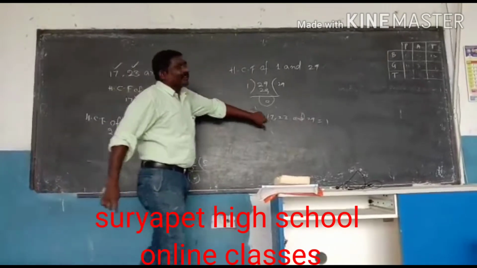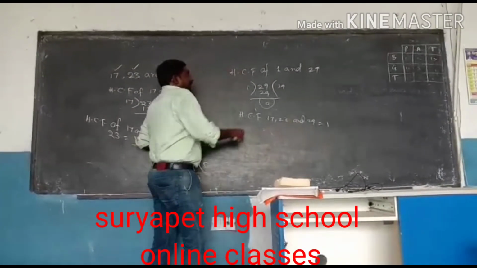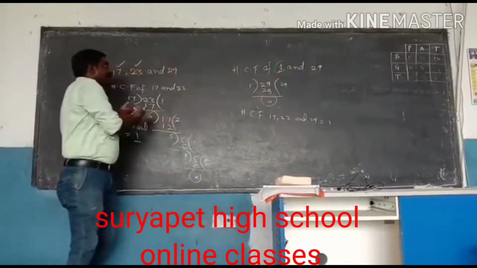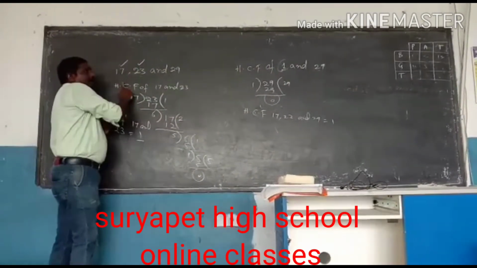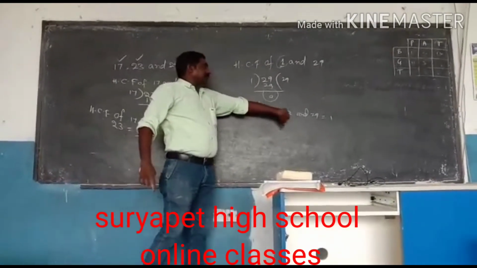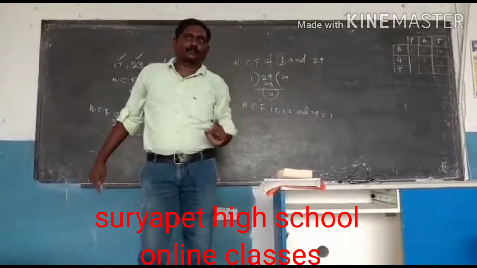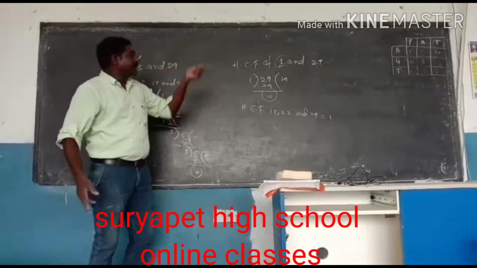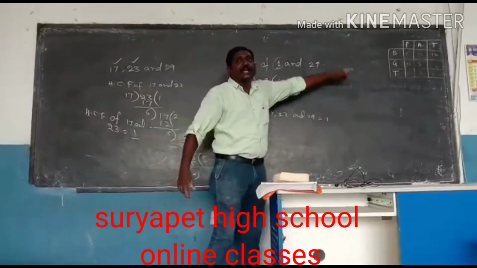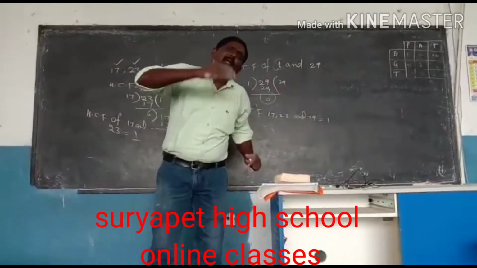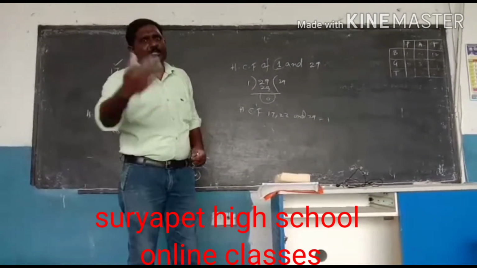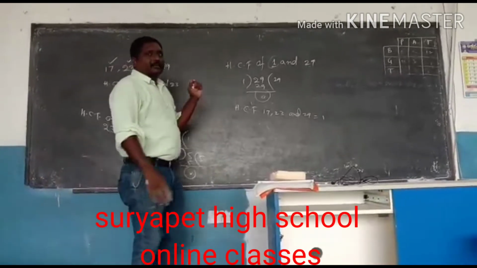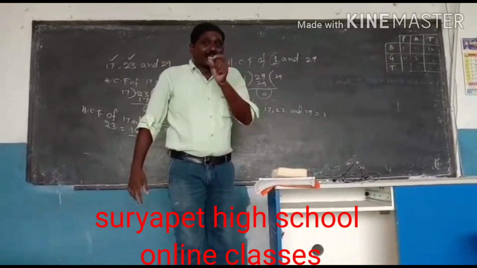Why are we saying here the HCF of the 3 numbers? Because we did the HCF of 1 and 29, and this 1 is the HCF of the first 2 numbers. So the final answer of HCF of 17, 23 and 29 is 1. If we have one more number, a 4th number, then again you want to take this HCF answer and the 4th number. Like that you continue the procedure, then we will get the HCF answer. This is the method we followed here. This is the algorithm method.